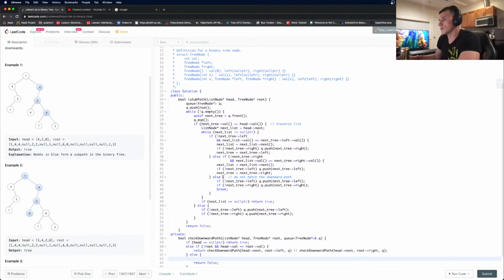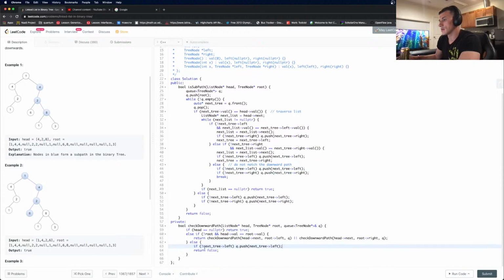Basically what we do is this: if queue, you don't need now left, right, it doesn't matter. If queue not, queue got root,